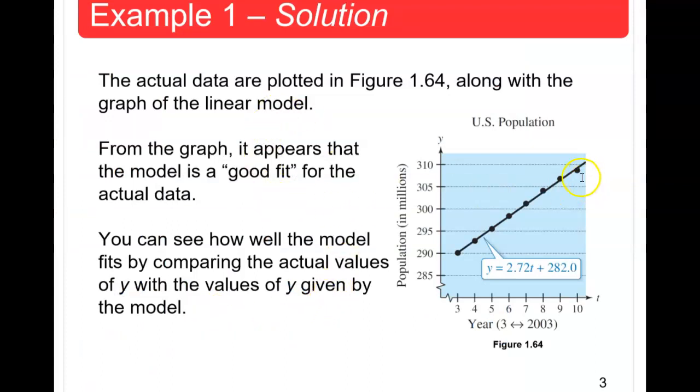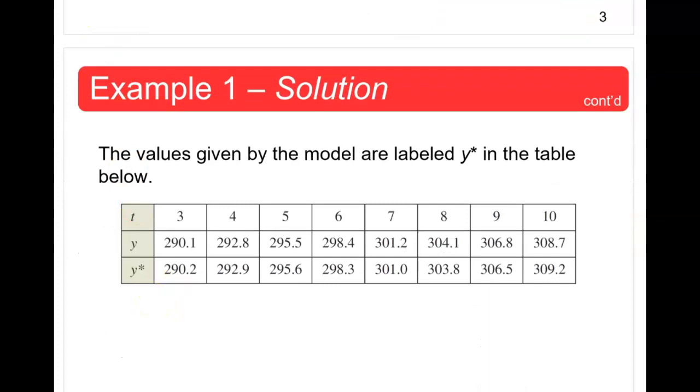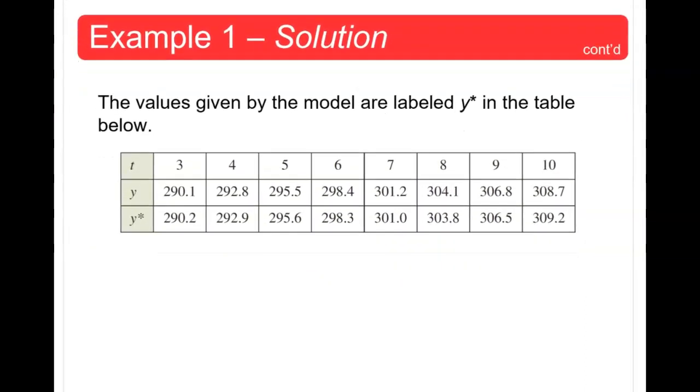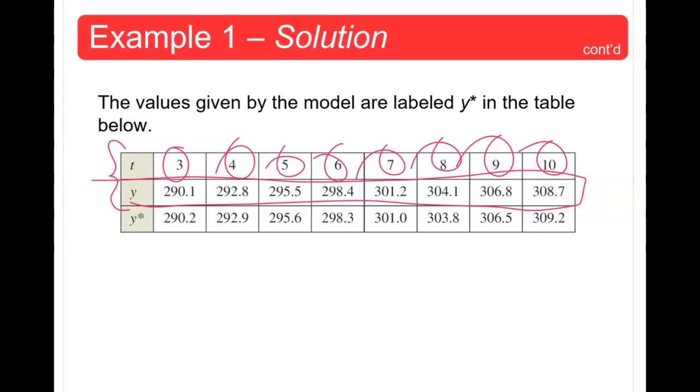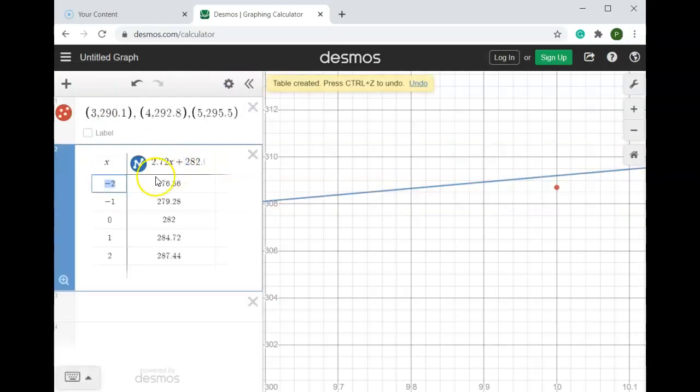So if we look at the table of values, both the original table that we had at the beginning of the problem, those were the values that I plotted as points. So those are the values that came from there. Now, the T value, the number that represented the year, was the same for all. That's why when I plotted the points, they had 9 comma and then the y value. The y star represents the model that we were given, and that is the equation that I entered here. So if I look at the table for both,